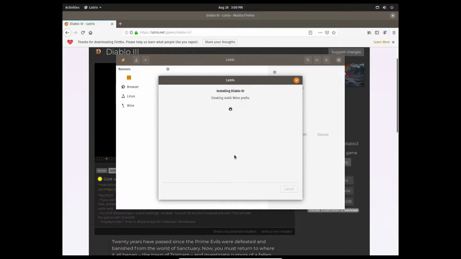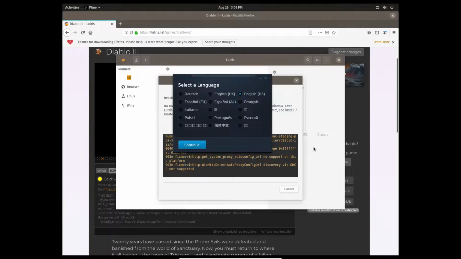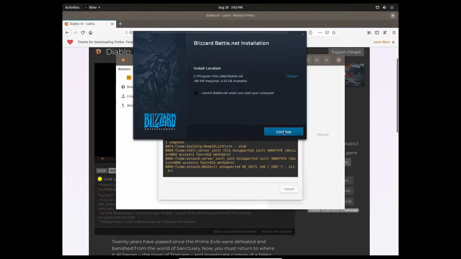So this actually isn't installing Diablo for us. This is installing Battle.net. So I'll click English for me. I'll let Battle.net install, and then once it's installed, there are a couple of things that I had to do